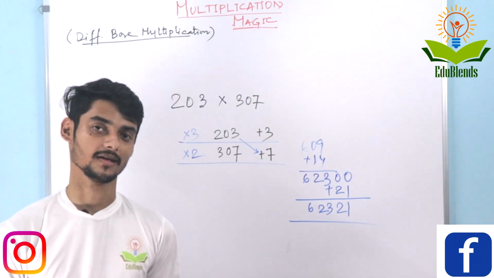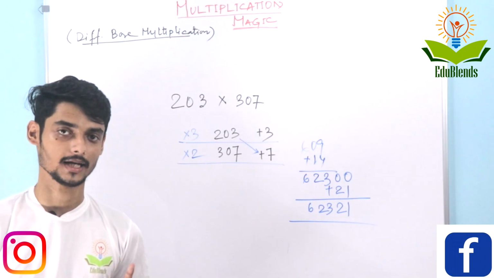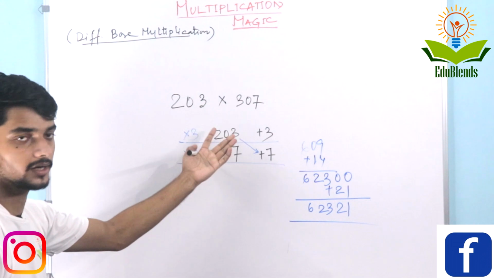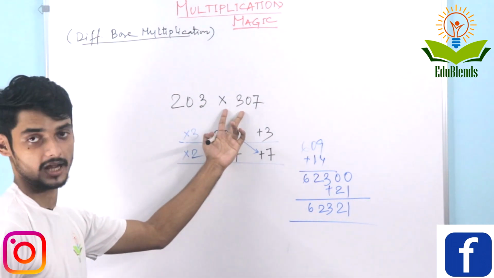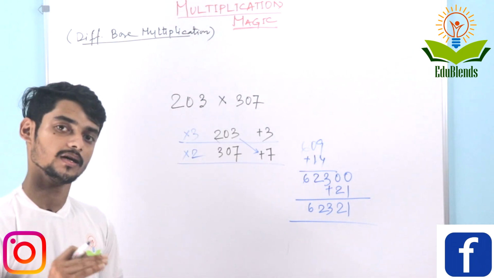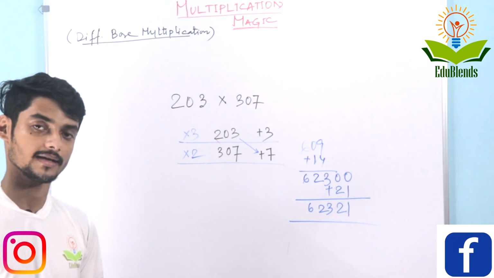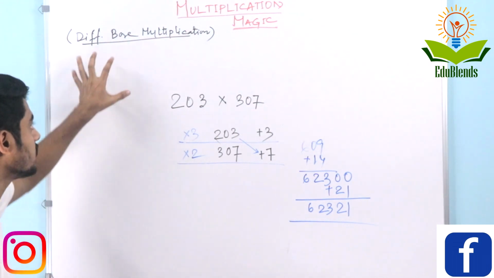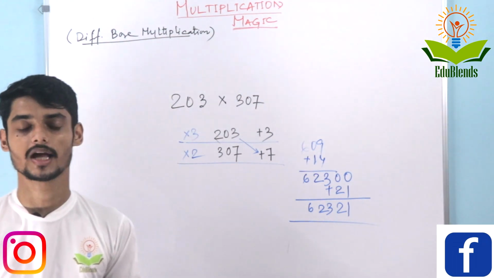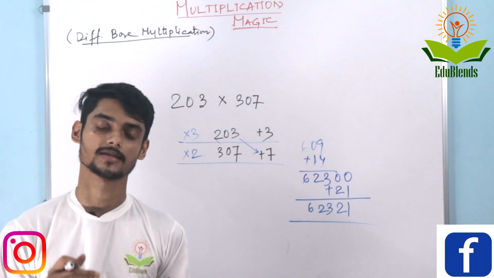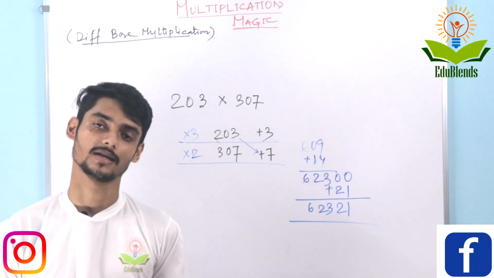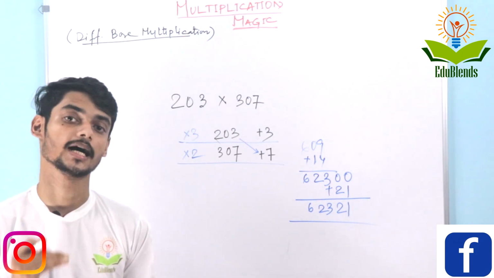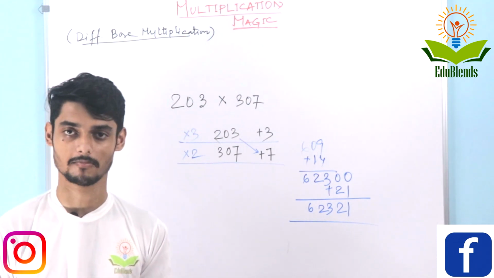Like you can take anything. I have discussed one problem earlier, like one is greater than 200 or 300, one is less than 300 or 200. You can take that base as well. The same method, the first 3 types I have discussed, you can apply in all 3 categories. The first category is base 100, the second category is multiple of base 100 but the same base, and the third category is different base multiplication.